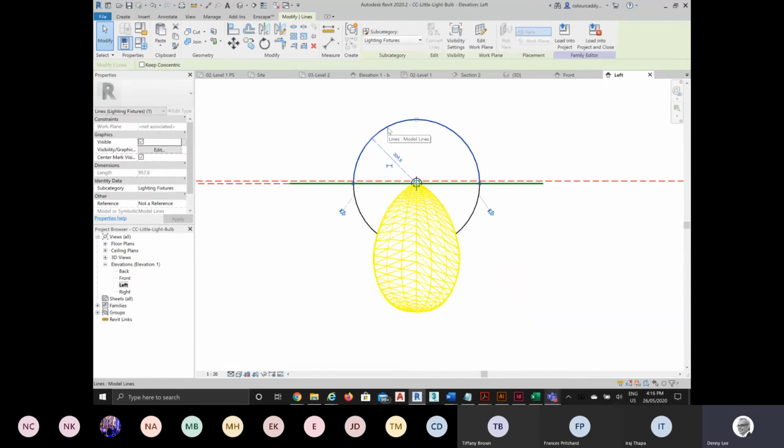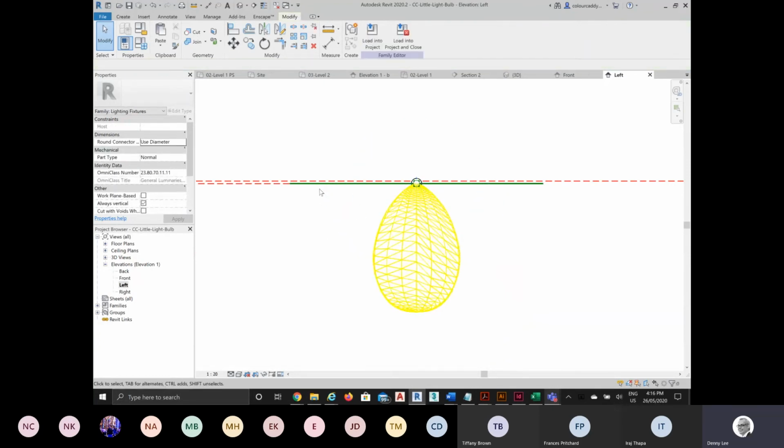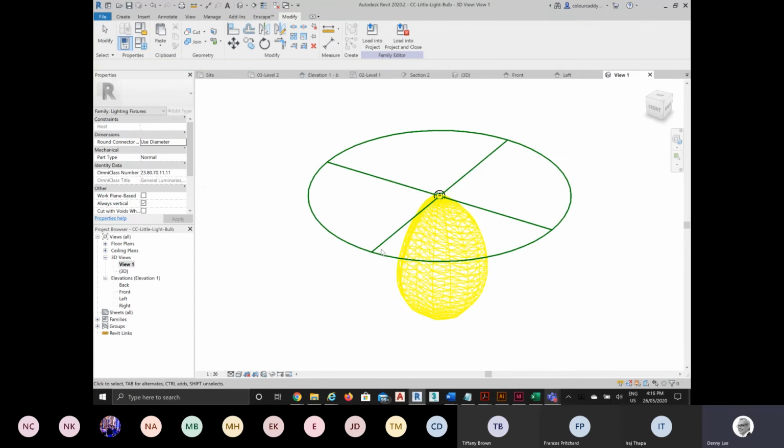Right, so the circle is there facing the other direction. So I'll delete that too, and just make sure there are no other lines. I think this is a connector. Yep, that's fine. And so I'll just check the 3D view and make sure they're all gone. Yes. Okay, so then we have a connector